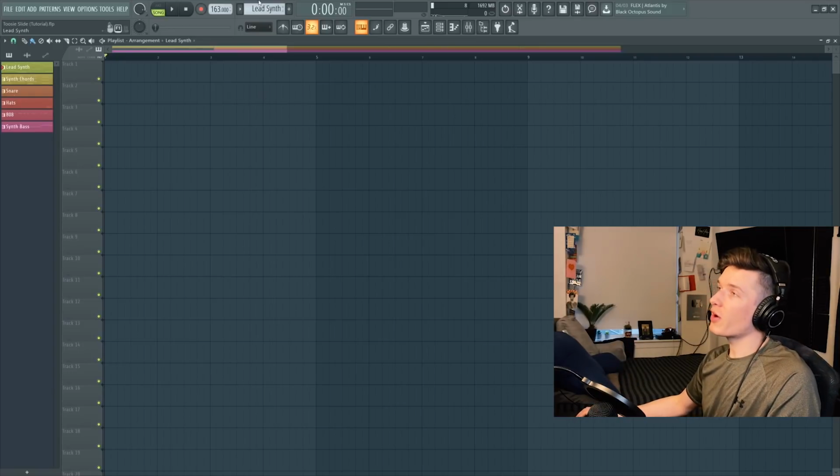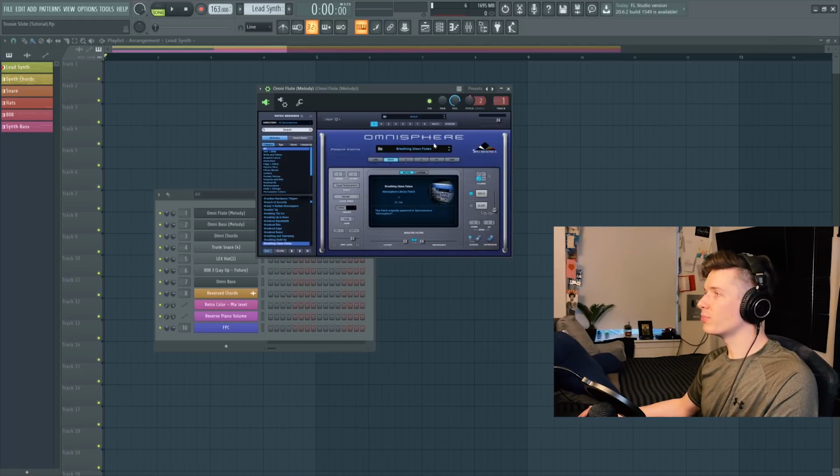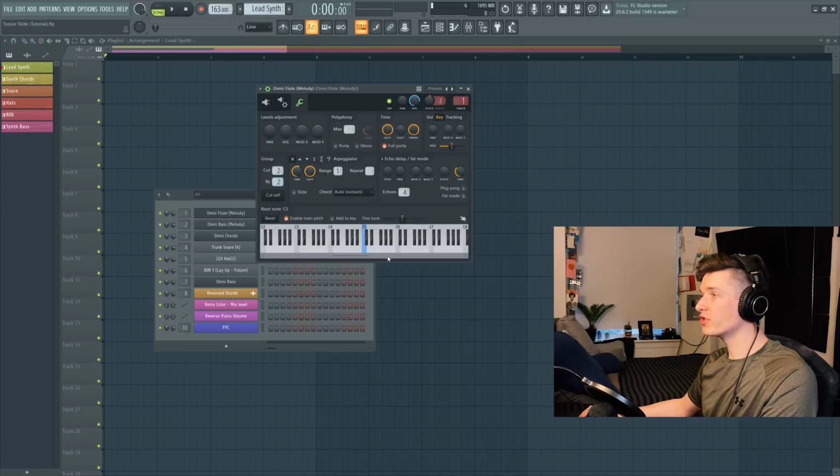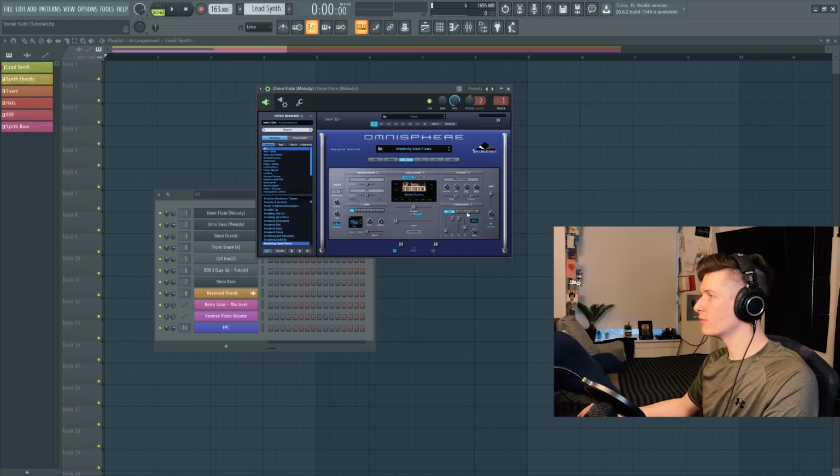And now let's jump into it. So I'm going to jump right into FL Studio 20, and immediately we're going to want to make sure we're at 163 BPM. We're going to start out with the lead synth and the melody that plays throughout the song. The first two things I'm going to grab is this breathing glass flutes out of Omnisphere, which sounds like this. And I played with the release a little bit right here, this knob,